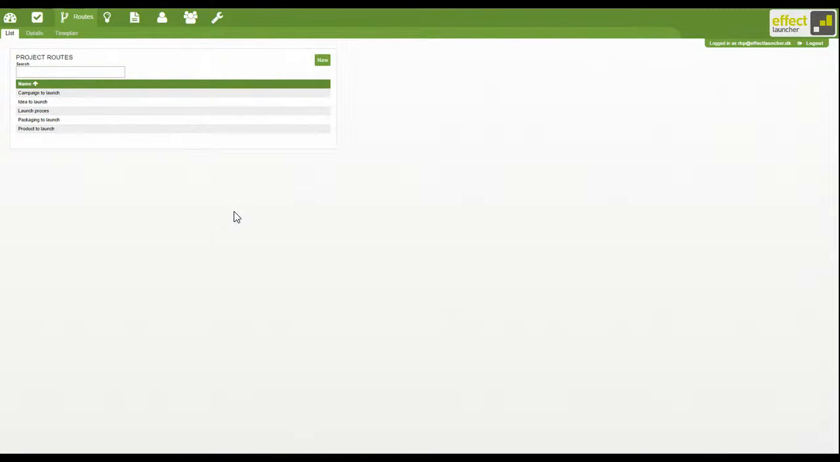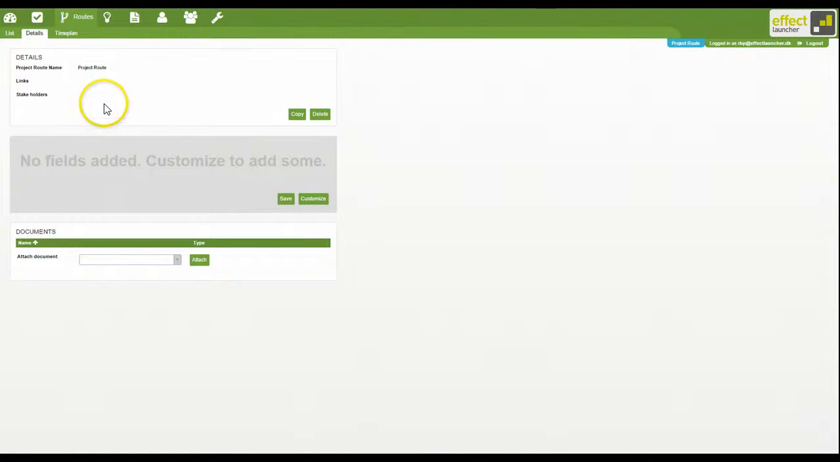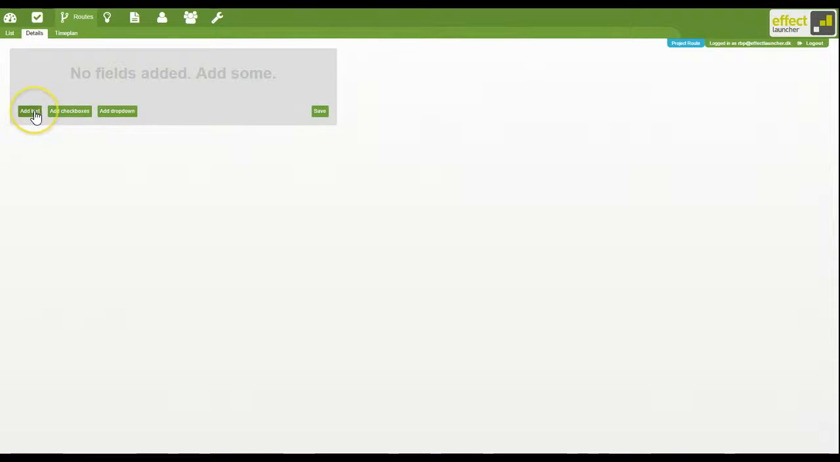A basic principle in Effectlauncher is that you can build project routes. Essentially, project routes are standard project plans that you can use to quickly initiate new projects. All you have to do is press New, name the project route, and press Create. And then you enter the Details section where you can build a standard template based on custom